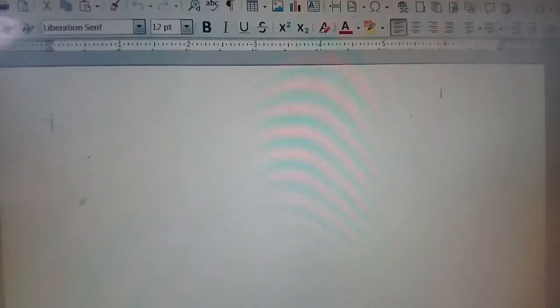So you have seen this in MS Word also. Here also you can use CTRL plus home and then CTRL plus end. So beginning of the document, end of the document, then home and end, that is beginning of the line, end of the line. So these are the different cursor positions.